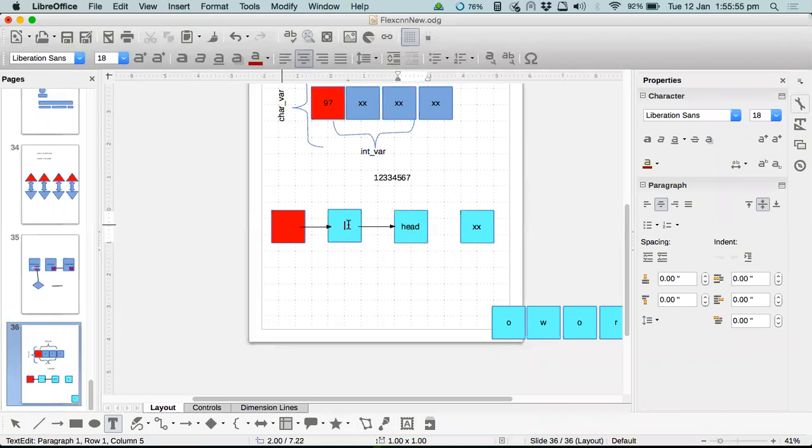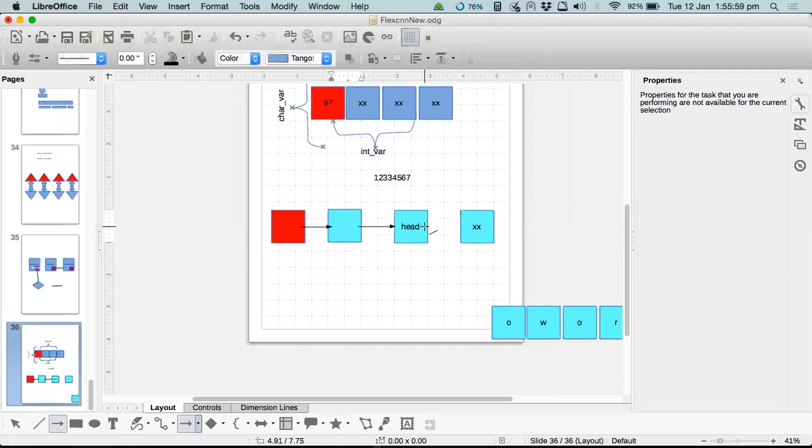Right, and these will have some values. Now head is here, and again head dot next will be here. So every time you create a new node, you make head point to that, so that in the next iteration you can use the head to link the new node that is coming into your linked list.